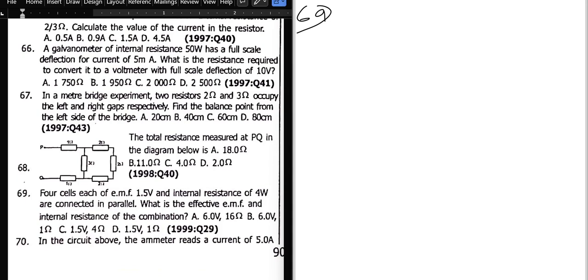Now, the first thing is EMF and effective EMF are the same thing. So the effective EMF is already 1.5. Alright, that's the effective EMF. It's the same thing. Now to find the internal resistance of the combination,